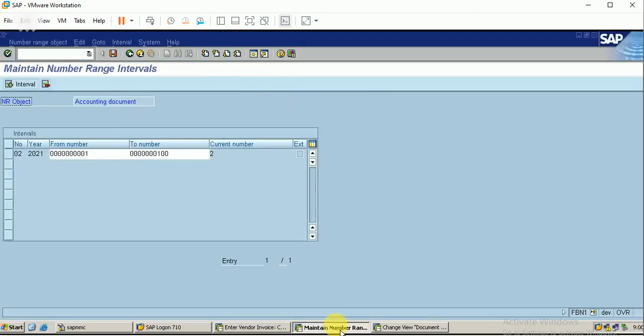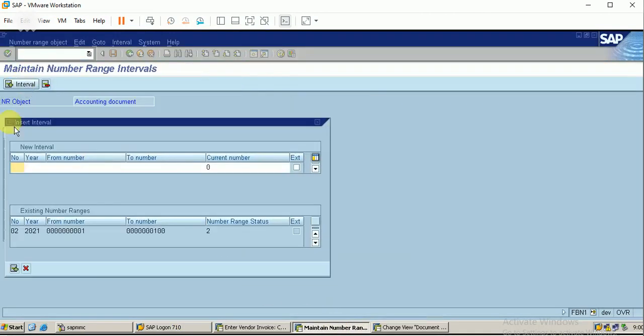Click on this tab. I will enter a new interval with 19 in the year 2021. The starting number will be 101, the ending number will be 200, and the current number is 101, so that this number range should not overlap the other number range.